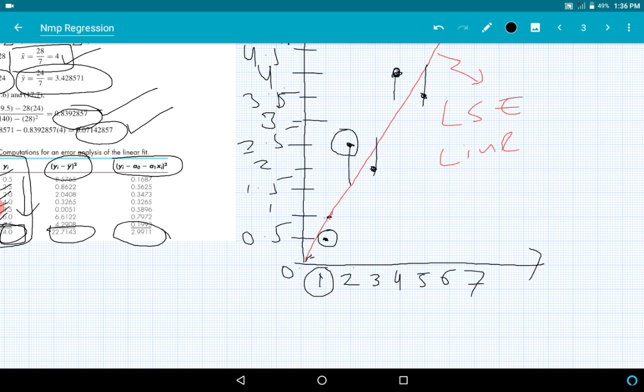There are various ways of doing regression. The simplest way is linear regression. That means whatever may be the points and whatever may be the spread of the points, you fit a straight line only. To fit that straight line, we'll have to minimize some error. What do we minimize? We do not minimize the absolute value, we minimize the sum of the squares of the errors. For every point there will be some error E. We'll calculate the error for all points, take the square of the error and minimize that. For that, we'll calculate the values of A0 and A1. This will give us the best fit line.